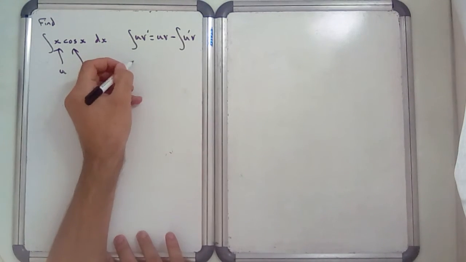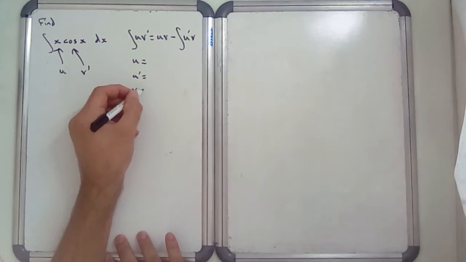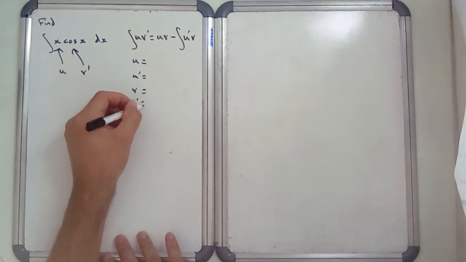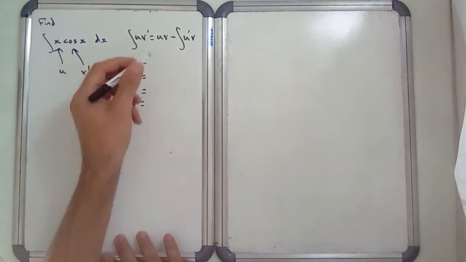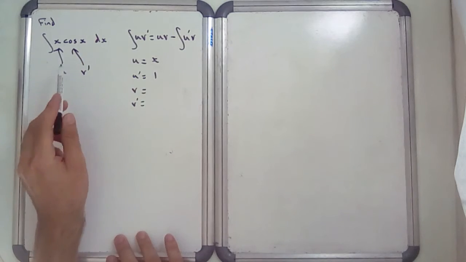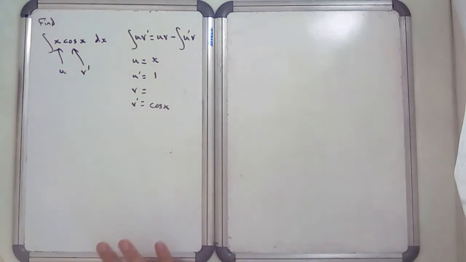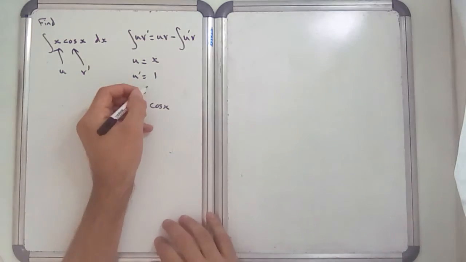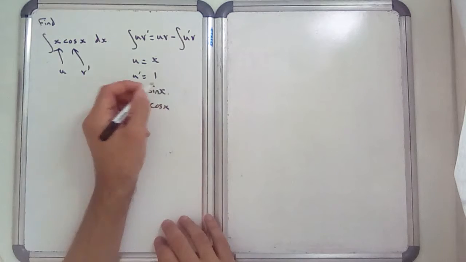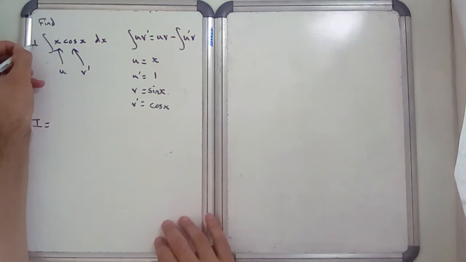So now I want to know u' and v. We've just said that u is x, so that must mean that u' is 1. v' is cos x, so v must be, well, what would differentiate to cos x? And that is sine x, and it's positive. So now the integral equals,